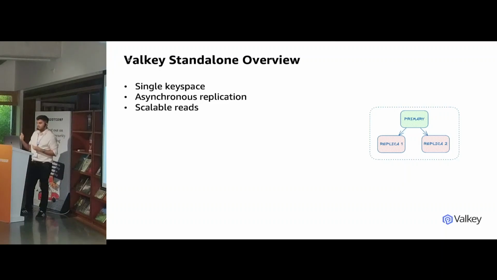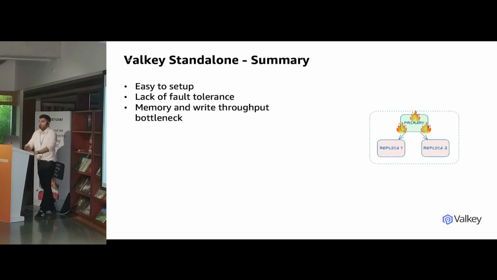So the data gets written to the primary, and at some point in future, the data would show up in the replica. This way, if you want to scale reads, which is one of the primary use cases of a caching system, you're reading pretty fast from the server, so you can scale reads easily. However, despite the ease of setting up these nodes of primary and replica,